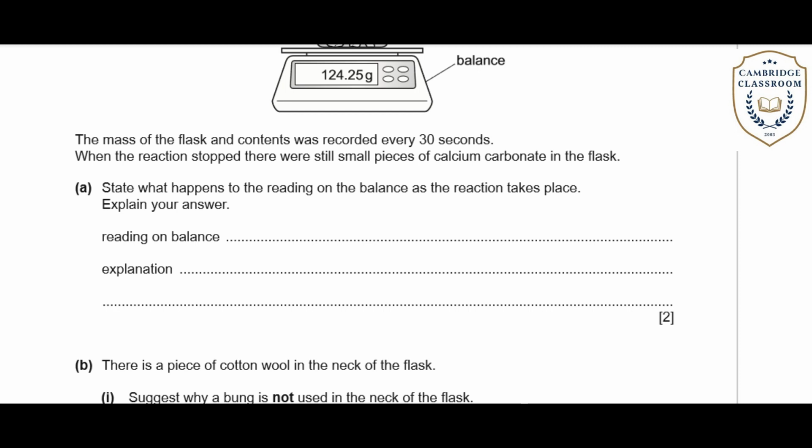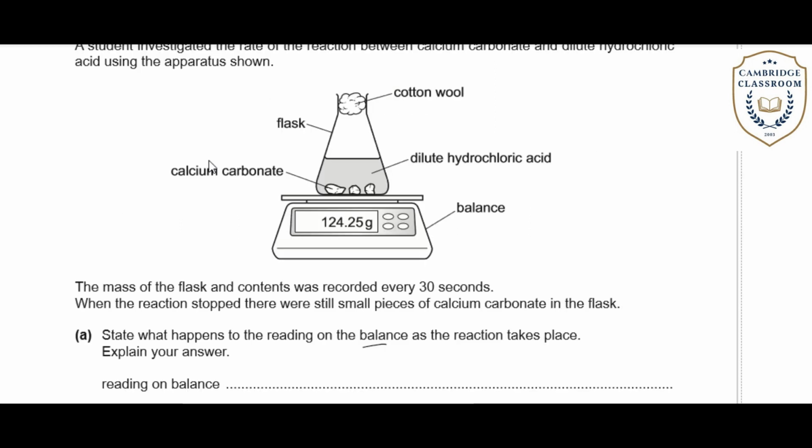In part A, we are asked to state what happens to the readings on the balance as the reaction takes place. The reaction is taking place in this conical flask where calcium carbonate is there along with dilute hydrochloric acid. The conical flask is closed by cotton wool. As it is porous and gas can escape, carbon dioxide is formed during this process because it is a carbonate